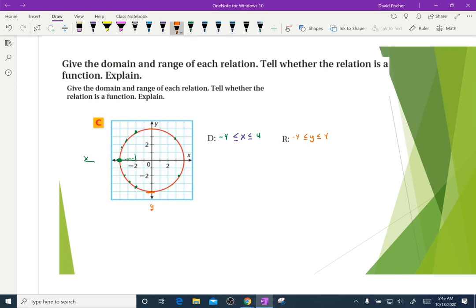Okay, so that's, again, continuous graphs. You write them as an inequality like so. Discrete graphs, we have brackets, and we list each one that's on the x's and to the y's, okay? All right, now they also asked me, give me the domains and ranges and tell whether it's a function or not. Well, it's not a function